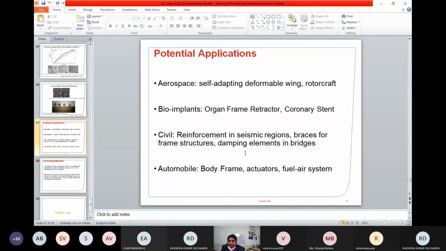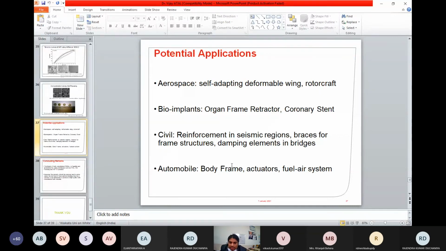Because of this, the structure will be safe. And braces of frame structures and damping elements in bridges are also very important to protect the bridge. So in civil applications, these are some applications of shape memory alloys.